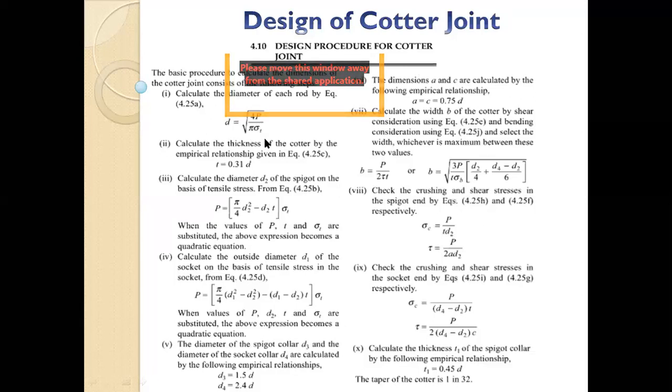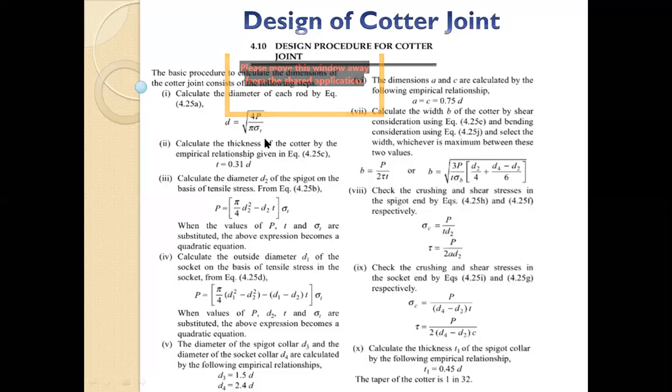Now we will use empirical equations, like t, the thickness of your quarter, is 0.31 of the diameter. Okay. Now how does this equation come? This is an empirical one. I think we saw it in the very first or second lecture. Sometimes we use empirical relations to make our life easy, because if we used formulas every time, the design would be very complicated. So we use this empirical equation, get the dimensions, and use those dimensions to verify whether the design will fail or not.